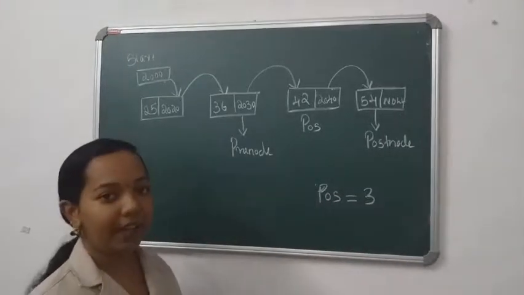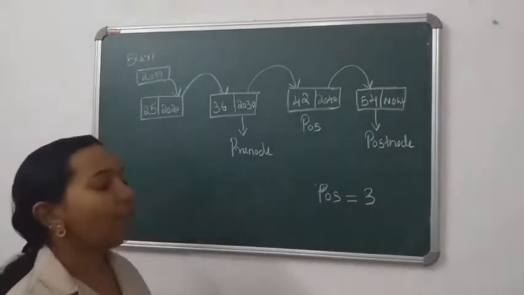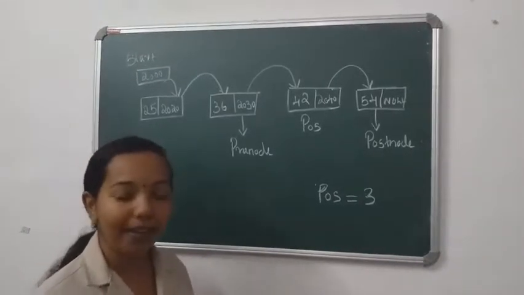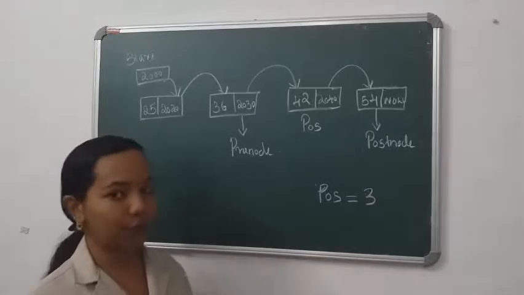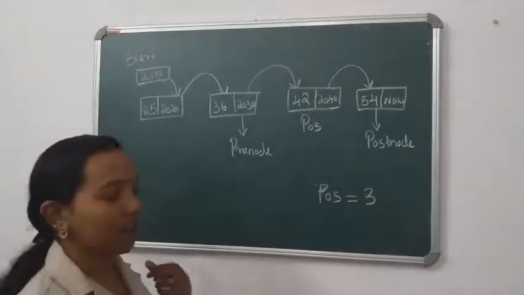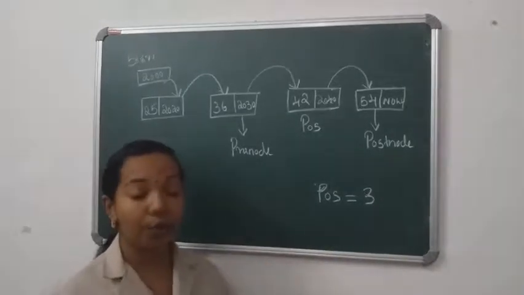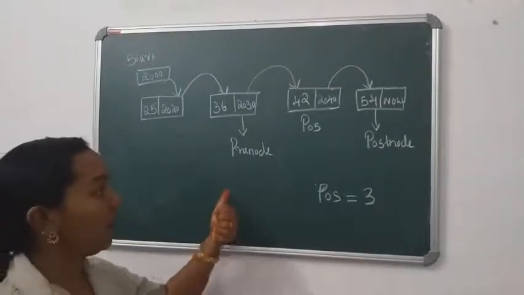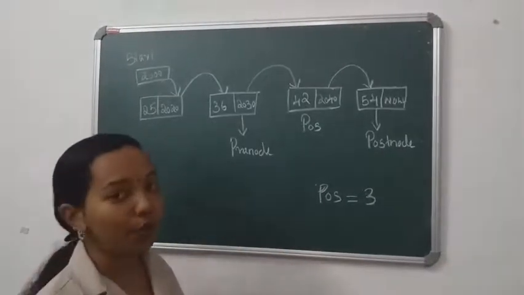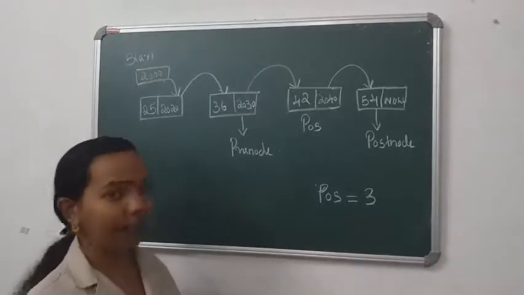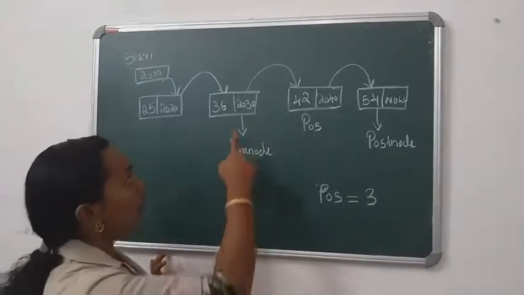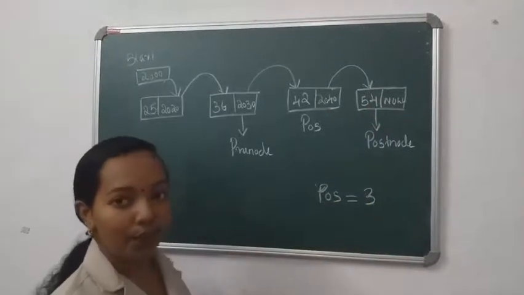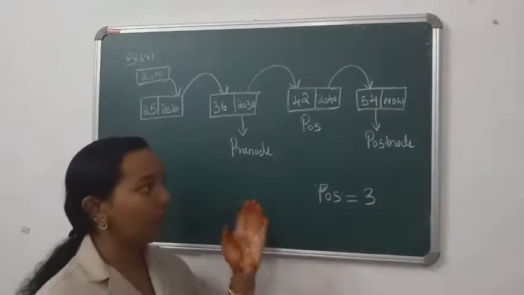So that element we are going to delete. After identifying POS, the next step is to identify the pre-node and post-node. Pre-node means position minus 1 and post-node means position plus 1. These two nodes we are going to identify first. So pre-node is 36 and post-node is